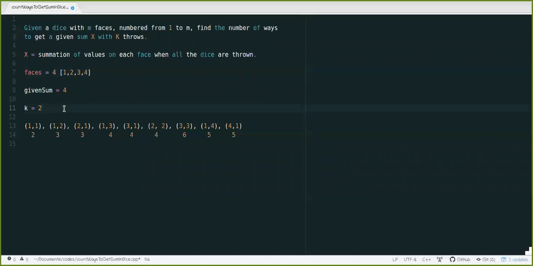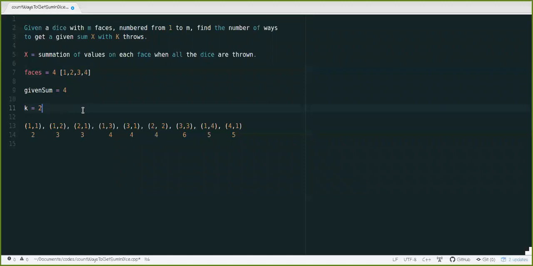So let's say when I throw the dice, it will give me some value. It could be from 1 to m. As m is equal to 4, it could give me from 1 to 4. So let's say in the first throw I get 1 as the result.